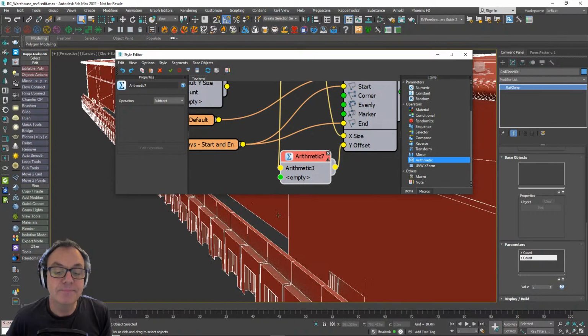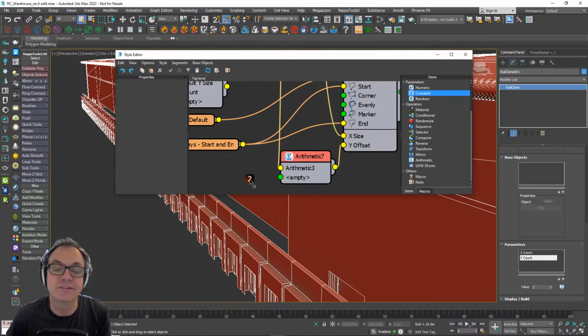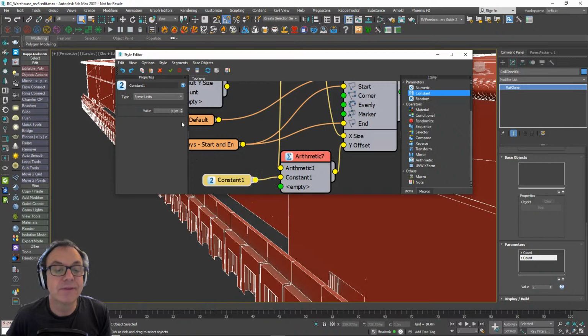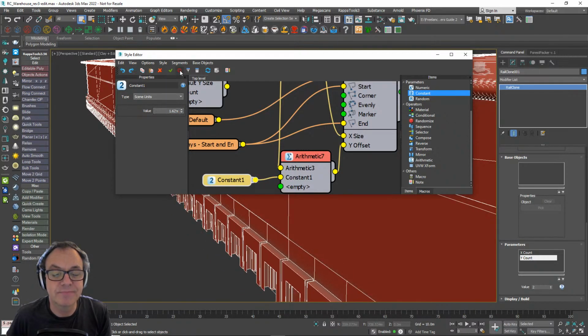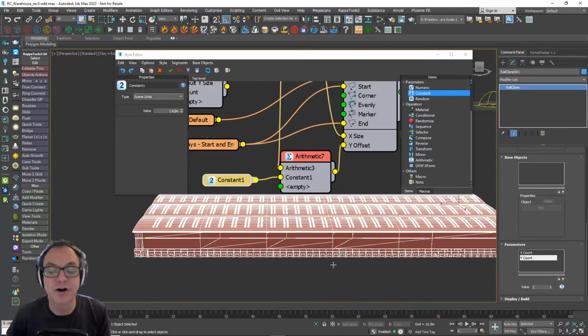And this time, instead of using a numeric node which will export to the parameters, I'm going to use a constant which doesn't. This just lets me add a number to the graph that I just know I'm never going to need to edit, because this value is never going to change. So I'll set it to scene units and wire it into there. And now as I increase this, you'll see this slides back until I get it into position. Like so, it's kind of eyeballing it now.